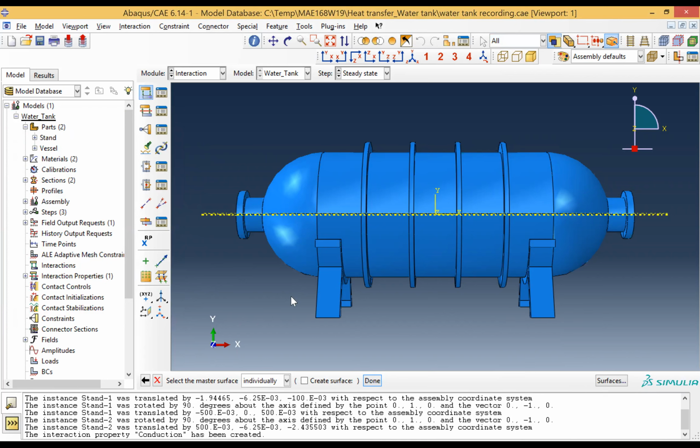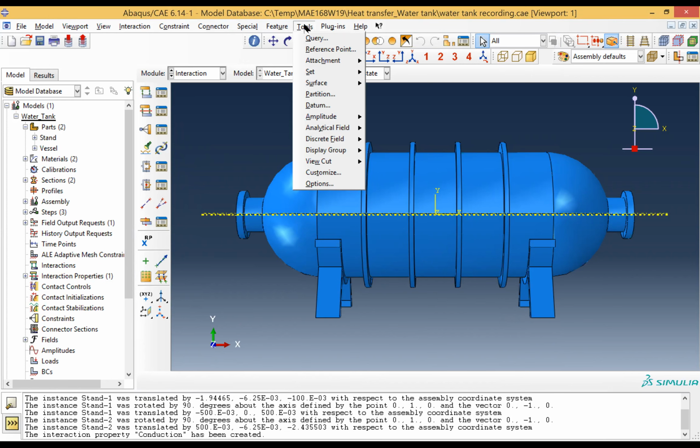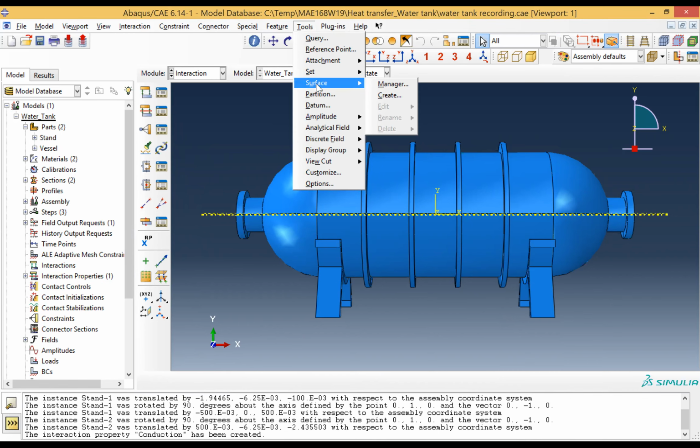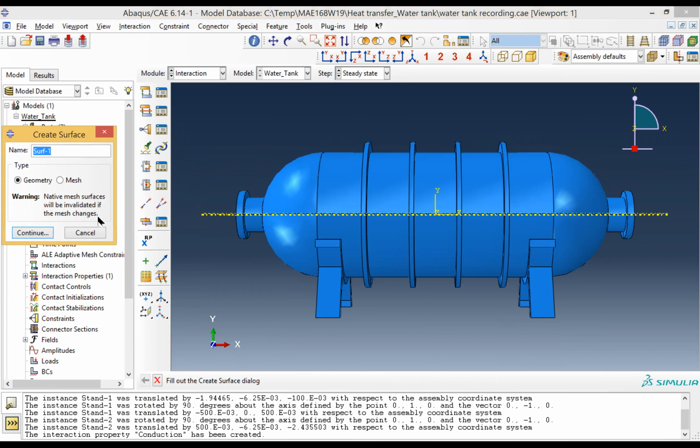So it's convenient for this purpose to create surfaces. That will make this process much easier, all right? So let me take a step back on this. I'm going to go to Tools, select Surface, Create Surface, and let's create the first surface,